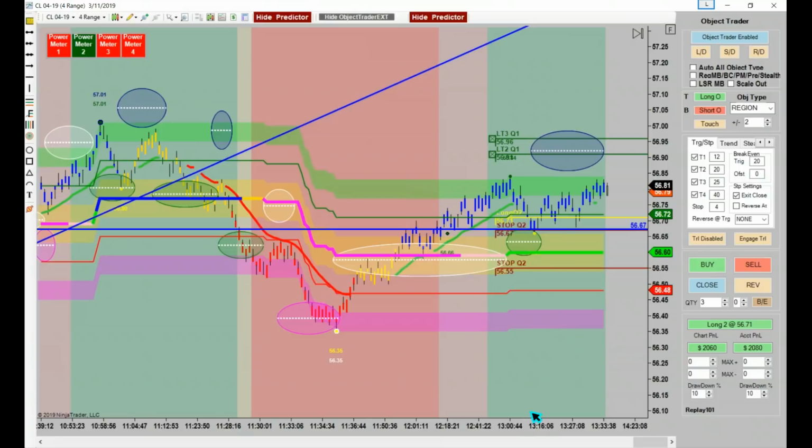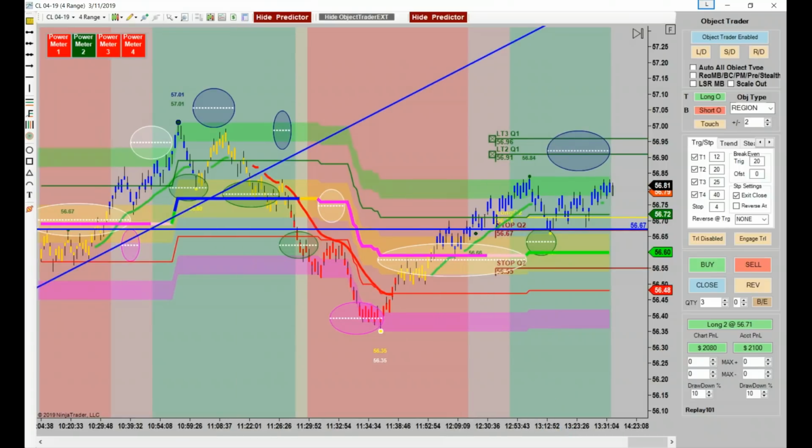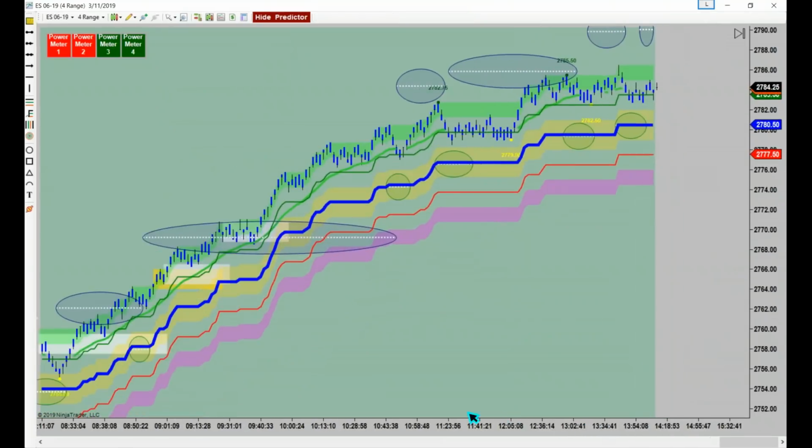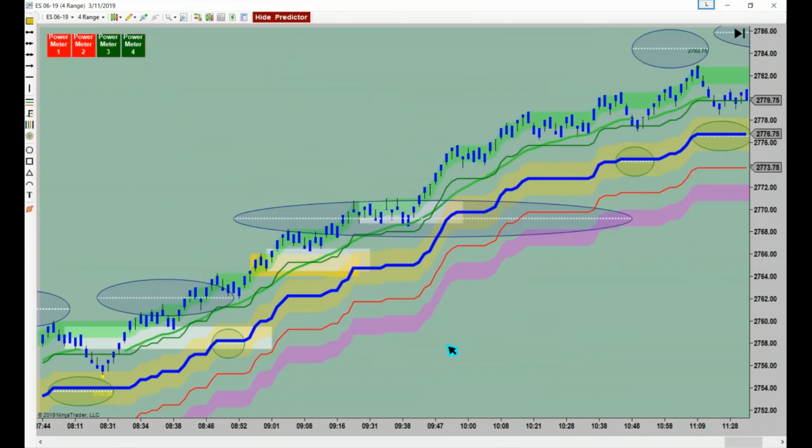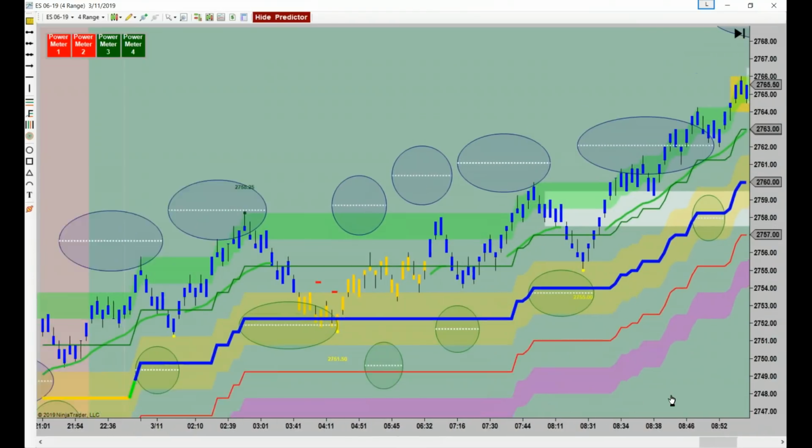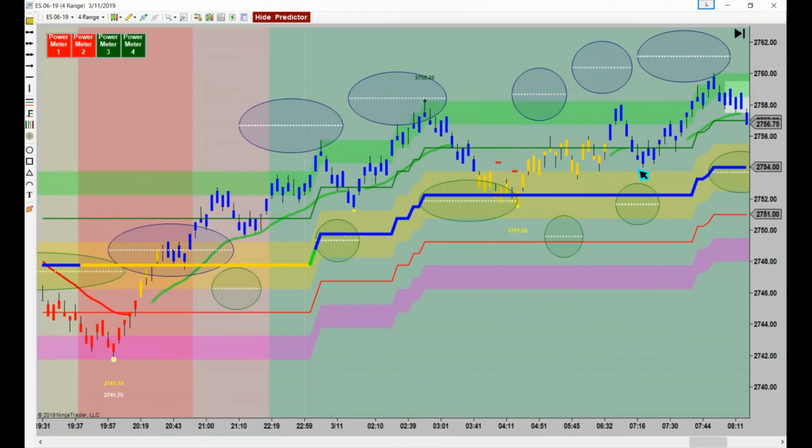Now let me show you real quick, because I didn't realize I was running this much over. Let me show you on the ES this morning where you could get back in that trade. Just 1 second. Bear with me a second. I'm going to get an ES chart over here. Let's look at the ES chart. Does anybody remember in the room this morning,